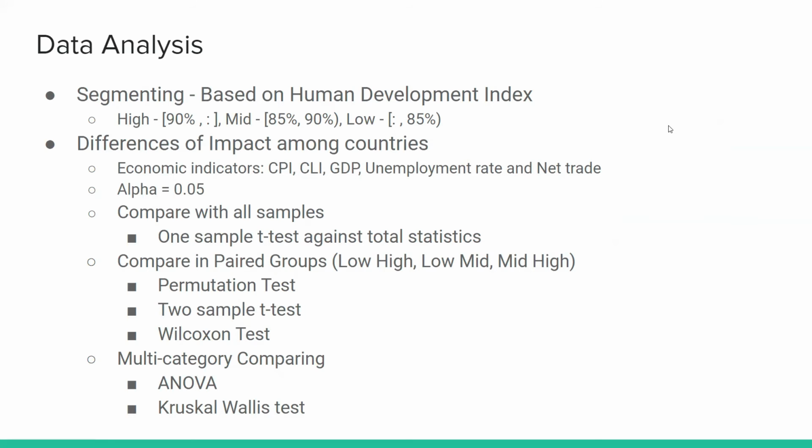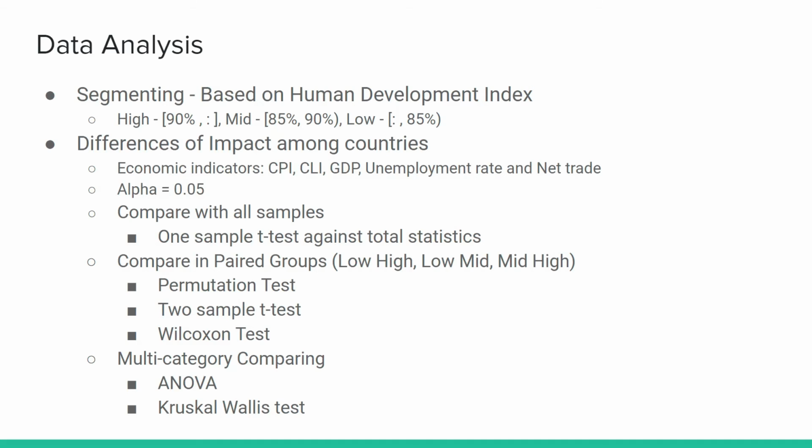In order to figure out how the pandemic affects the economy of countries with different levels of development, we first need to divide countries into three groups based on their Human Development Index. In order to explore how the pandemic impacted countries in these groups differently, we first performed a one-sample t-test on changes in the value of economic indicators and the mean of change in the economic indicator of all the countries. The economic indicators include CPI, Consumer Price Index, CLI, Composite Leading Indicator, GDP, Gross Domestic Product, Unemployment Rate,